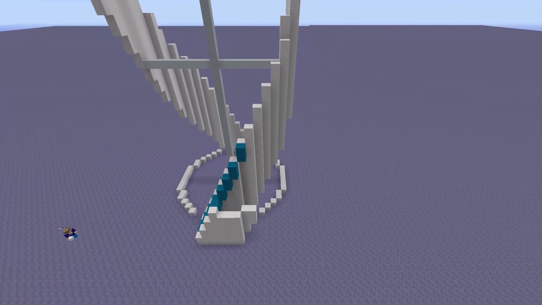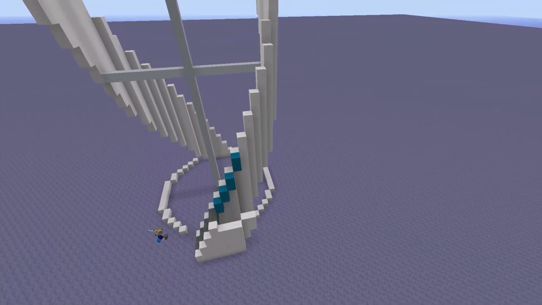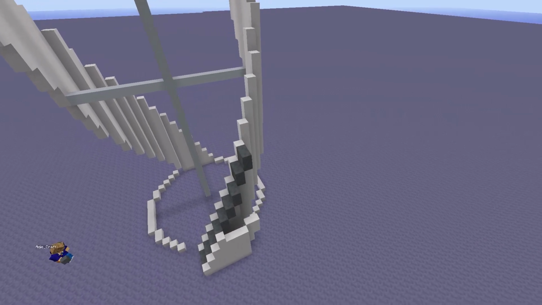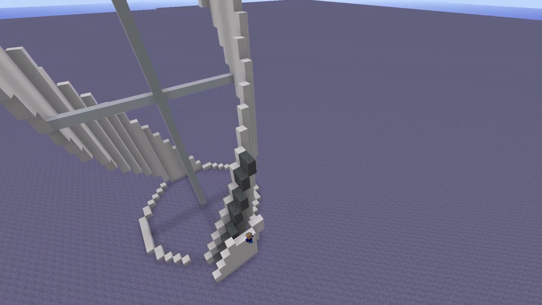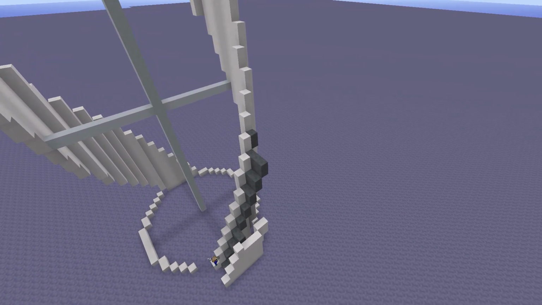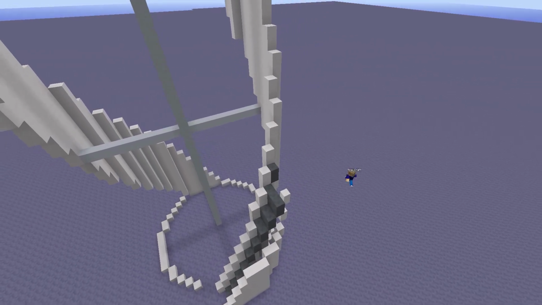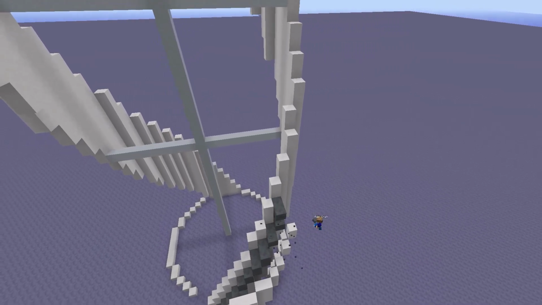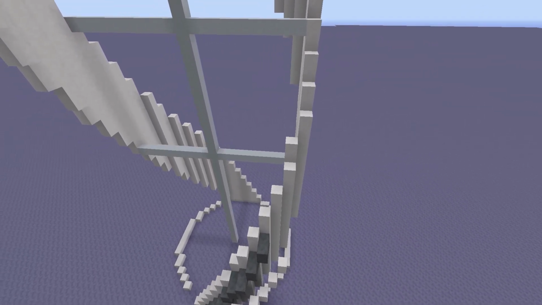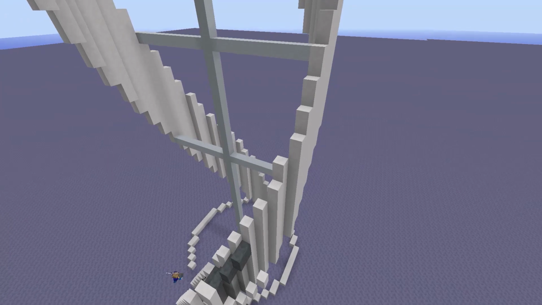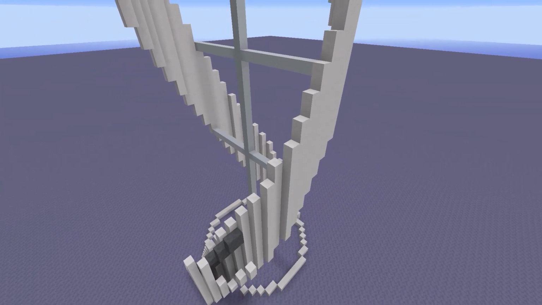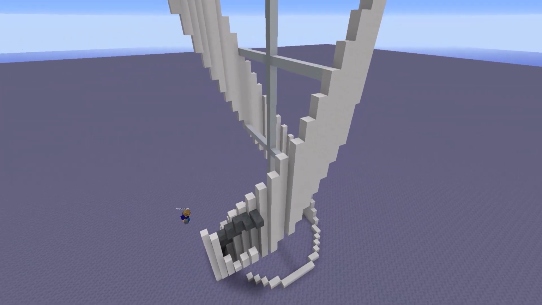So at this point I was just experimenting with some colours and how I wanted to fit those in. I ended up going with some cyan terracotta, which works really well with the smooth quartz, and then started trying to build out freestyle around to keep the same angle going up, just to add a bit of depth to the build. Now I realised quite quickly that that wasn't going to work very well, so I added a second